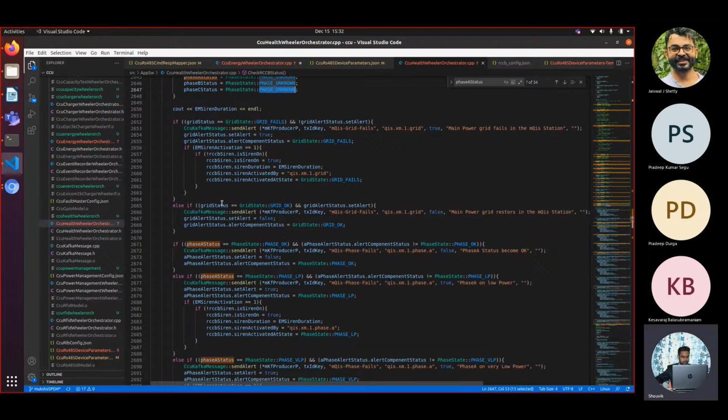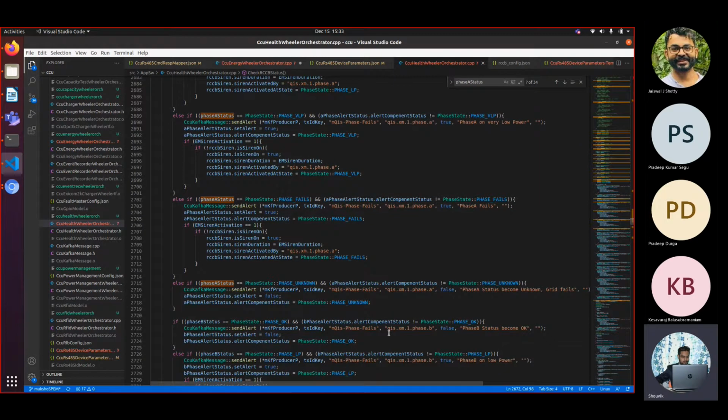Whenever the grid becomes okay again, that means the alert is already set and the grid became okay recently, we are clearing the alert again. The same is true for all the phases also.